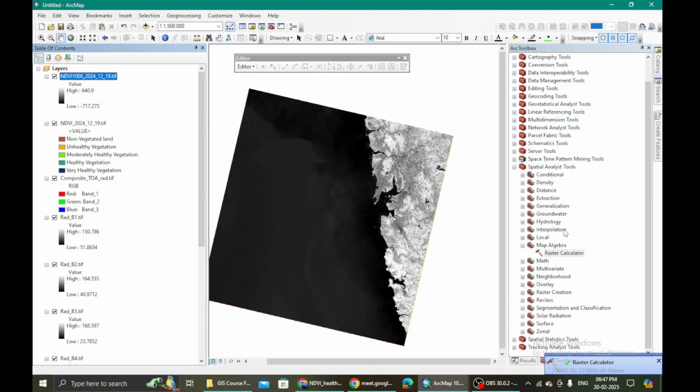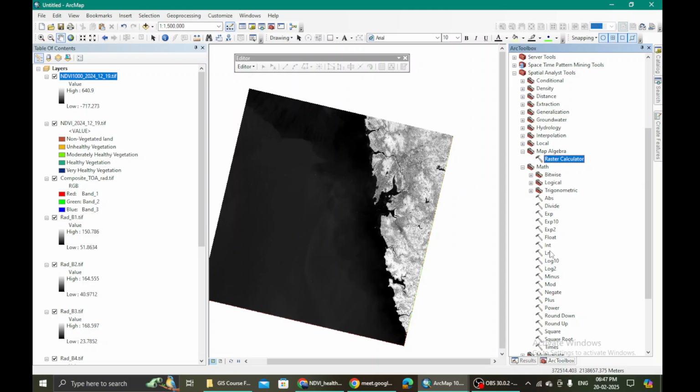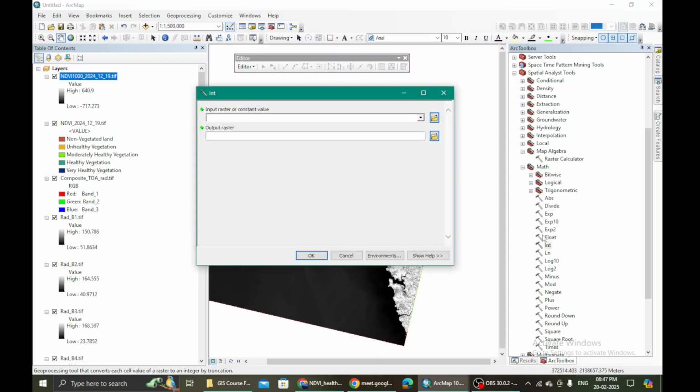Now let's create an integer of this. For that we have to use another tool, that is Int. It is under Math. Right below this Map Algebra which has raster calculator, go to Math and go to Integer.